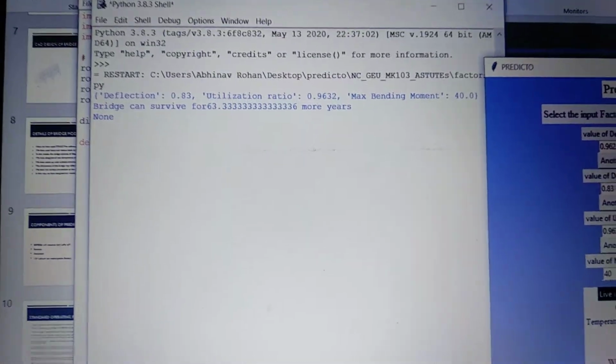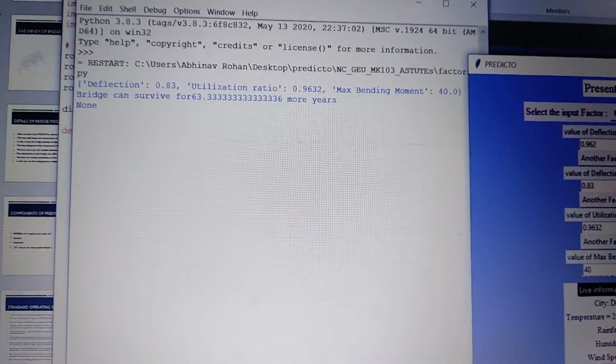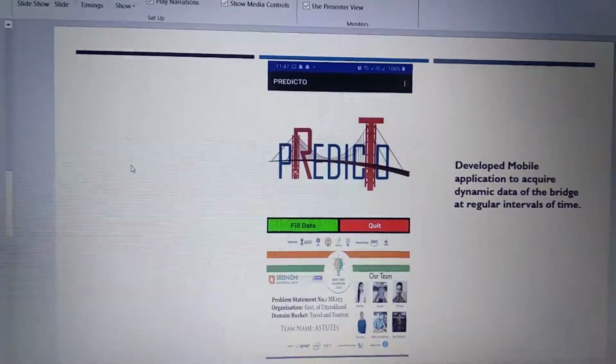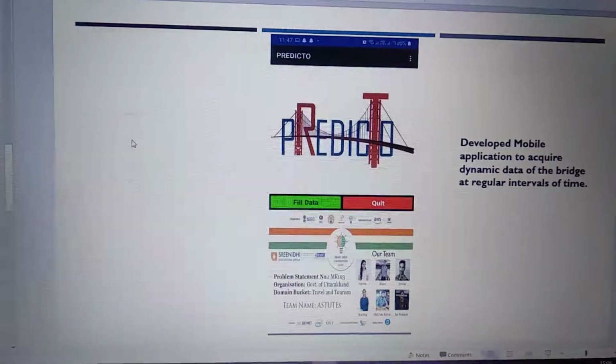It can work both in the case of bridges and in constructions as well. This is the mobile application that we have developed. This can be given to the